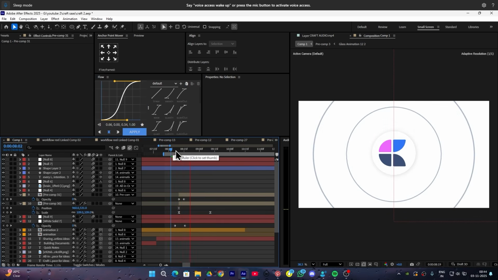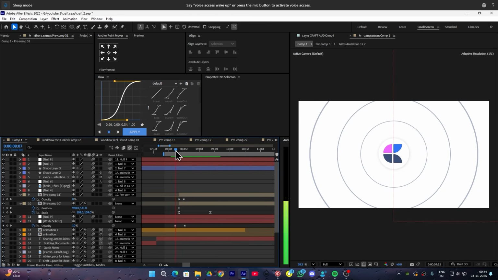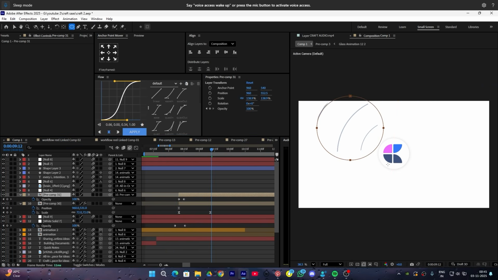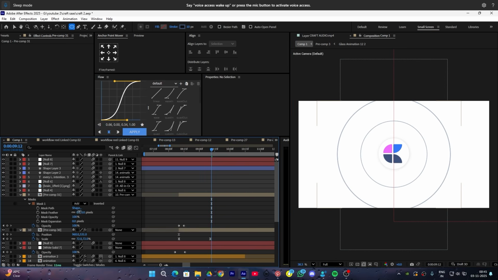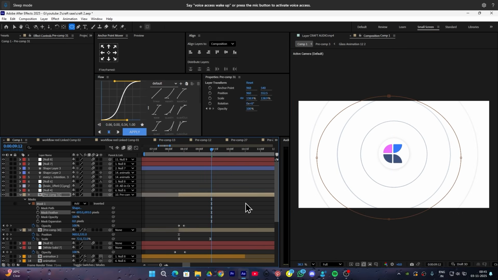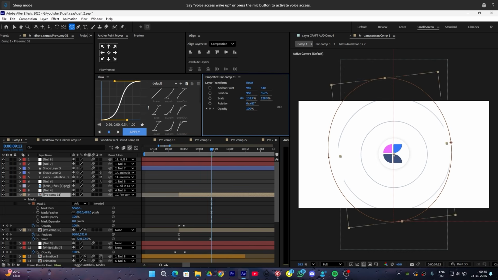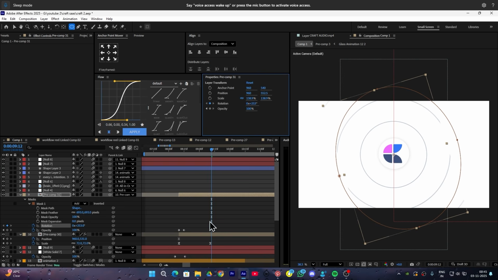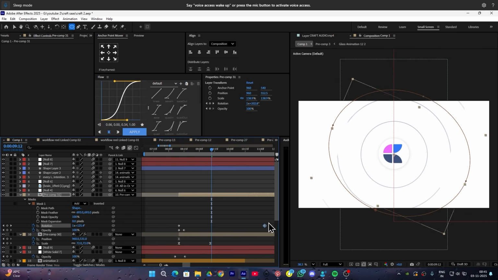So now as you can see, it will create a transition like this. So now simply select the ring shape layer, and I'm gonna select the ellipse tool and simply create a mask like this, and enable the mask and simply increase its feather a little bit, and then you can also rotate it properly. Okay, so I'm gonna add a rotation keyframe and simply increase its rotation like this, and simply move this so